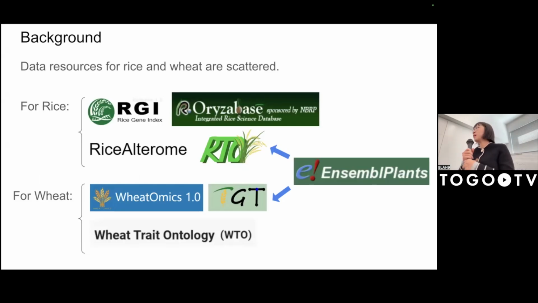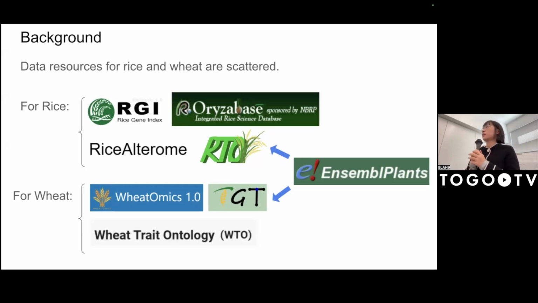Just like I have mentioned before, there are so many data resources for rice and wheat, and I have done some research on them. For rice, we have RGI, Oryzabase, RiceAlgorithm, RGO, and for wheat, we have WheatOmics, TGT, with Trait Ontology. And we know Ensembl Plants is a general plant database for many different kinds of plants, including rice and wheat. And all of the data resources have their different